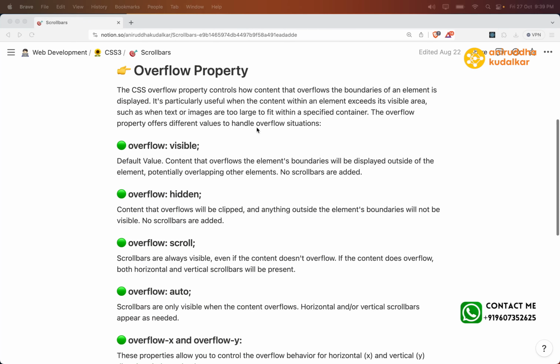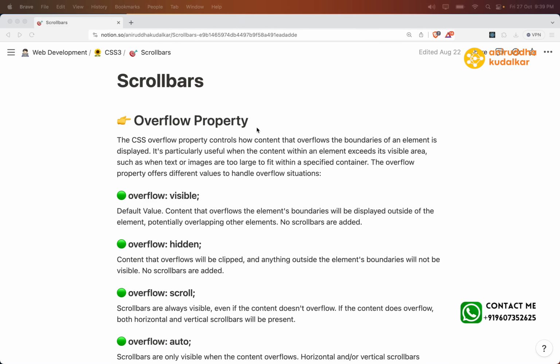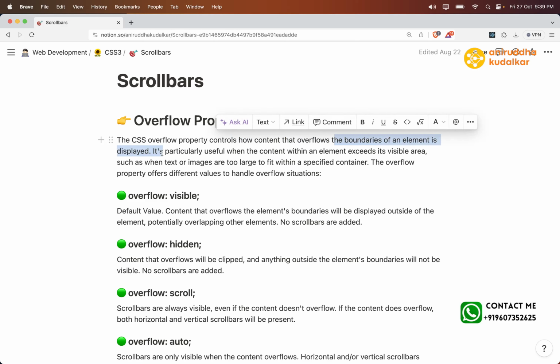Okay. So here we are going to see the overflow property, scroll bars. CSS3: the overflow property controls how content that overflows the boundaries of an element is displayed. The content,